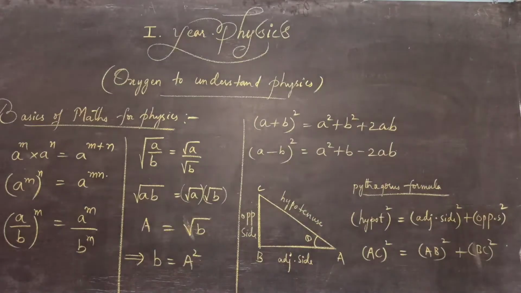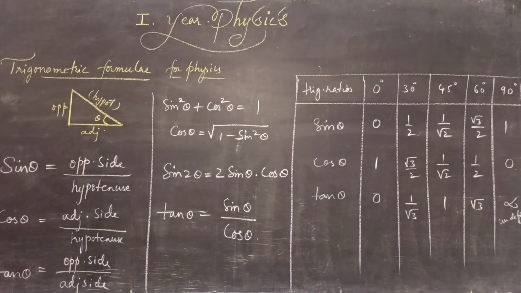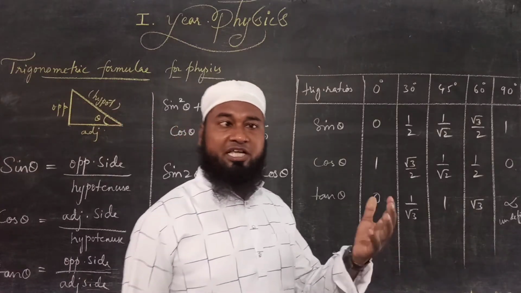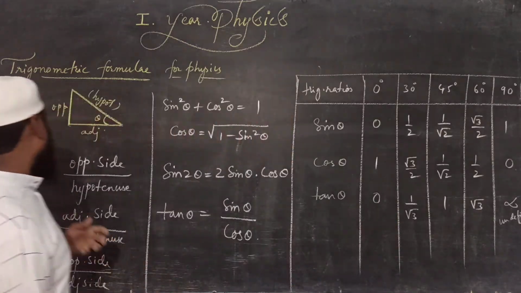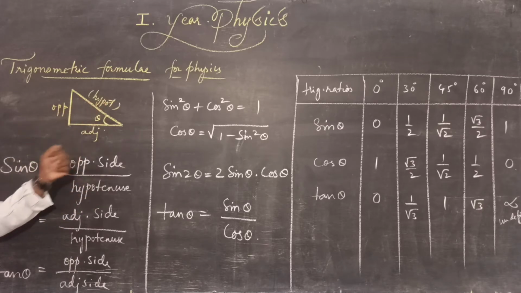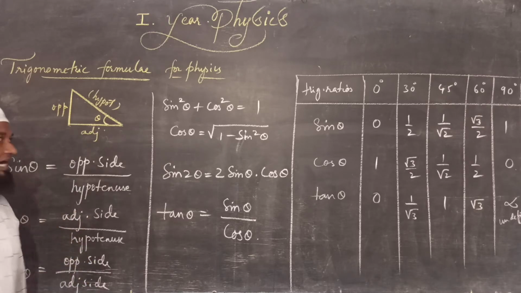Take it down. Yeah, next part of formulas of maths for physics are these ones. We require trigonometric formulae to understand the concept and derivative part of physics. So you know the right angle triangle sides: hypotenuse, opposite and adjacent. Based upon that, sin theta, cos theta in terms of sides, the formulas are given: sin theta is opposite side by hypotenuse, cos theta is adjacent side by hypotenuse, tan theta is opposite side by adjacent side.